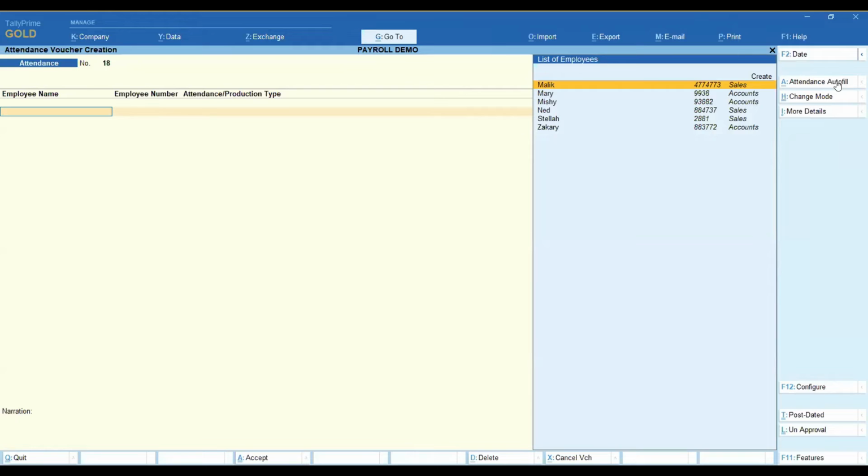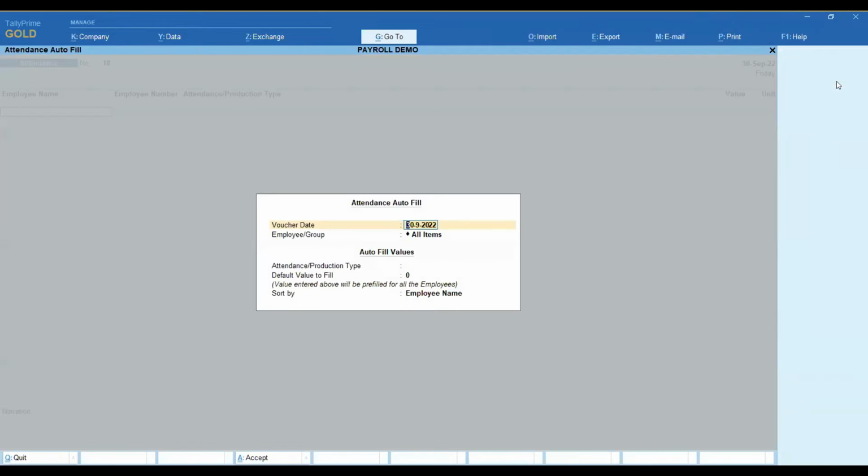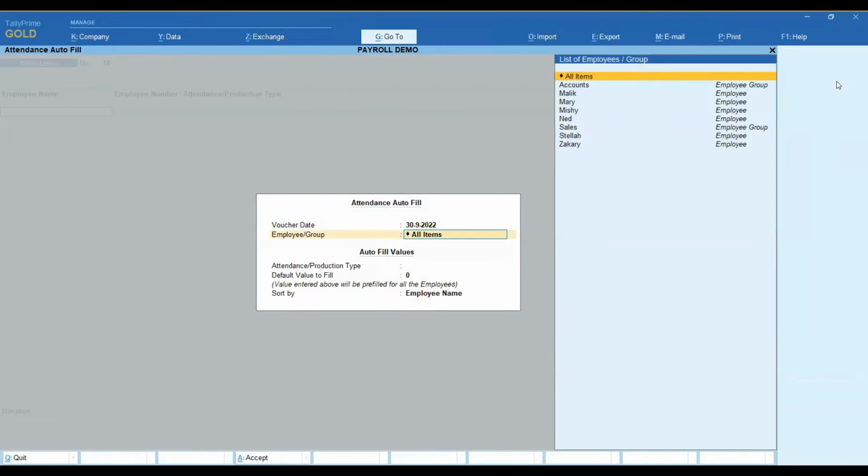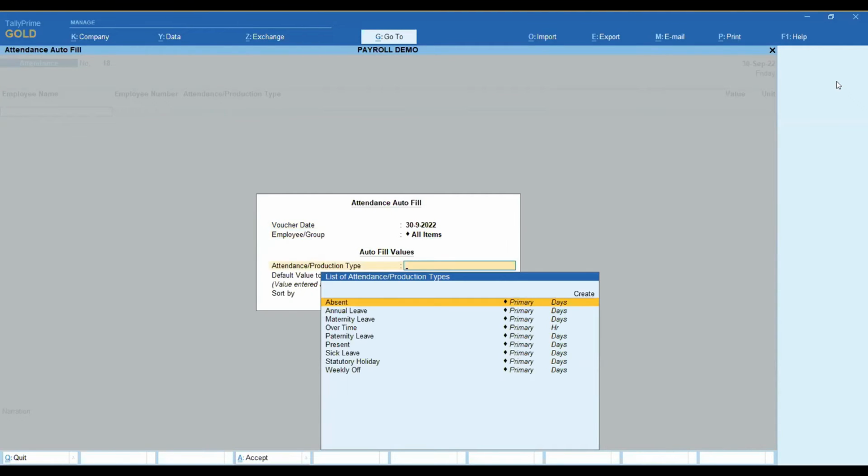As you can see, this is very useful in a case where you have very many employees in your system and you can't feed in one at a time. So you have to put this option, select all your employees, and then there's this attendance type or production type. These particular types can actually be configured according to your need as well. But in my case, I have the absent,